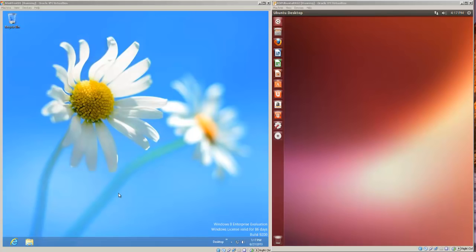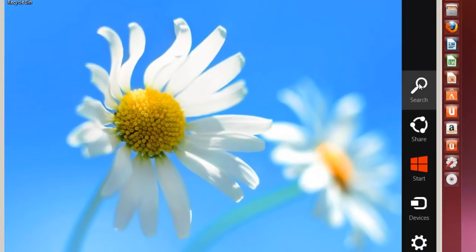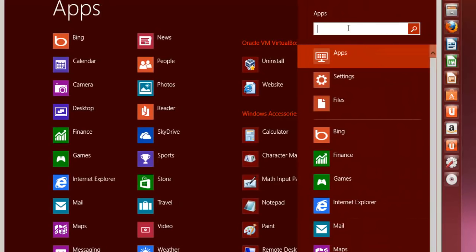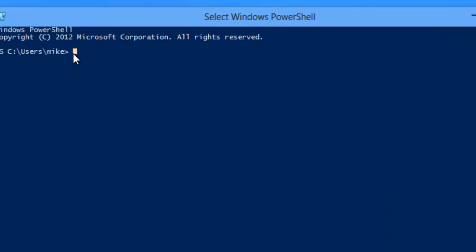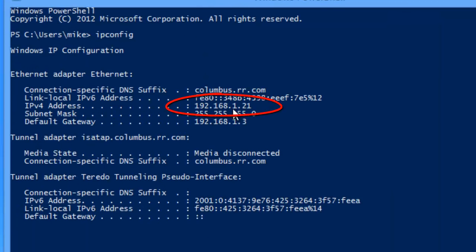Here I have Windows 8 and Ubuntu 13.04 running side by side. One of the things I'm going to check before actually making the connection is that both of these are on the same LAN. The way to do this is, in Windows, you want to check your IP address. In this case, I'm going to use Windows PowerShell. I'm going to use ipconfig. In this case, it's